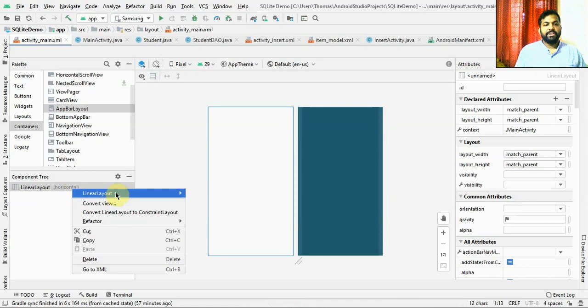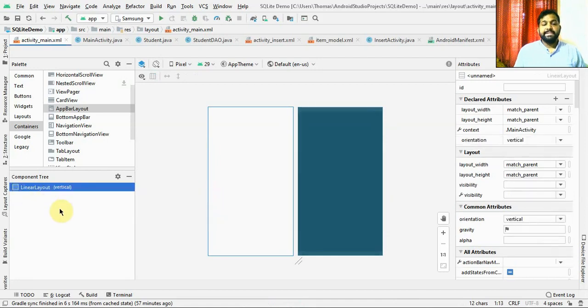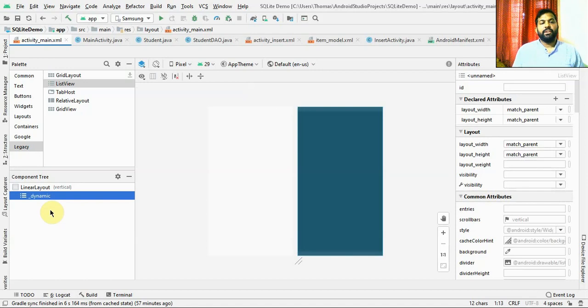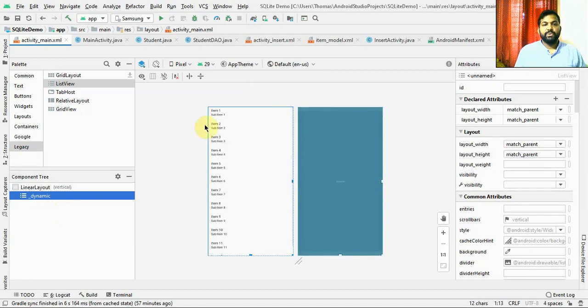And let's also convert this linear layout to vertical. And inside this linear layout, I want you to put a list view. Please note, not a recycler view, just a list view, which will be available in legacy. Let's drag and drop a list view inside the linear layout, which is vertical. And once you do so, you should get the design something like this to indicate that there's a list view